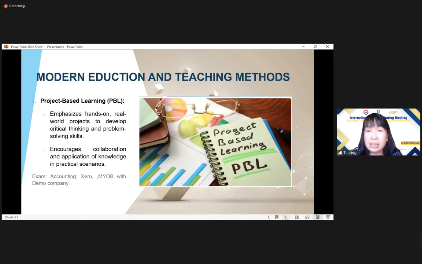Another thing we improve in our learning and teaching methods is that we apply project-based learning. In order for students to meet the needs and requirements of the labor market, they need not only enough academic knowledge, but also to improve their soft skills, like problem-solving skills, and have some experience working with real cases. So we bring real cases to the class to discuss, to develop critical thinking and problem-solving skills of the students.